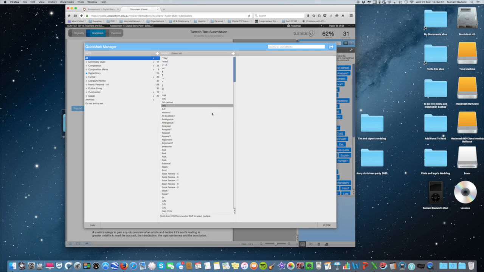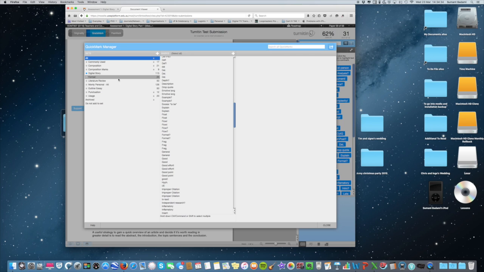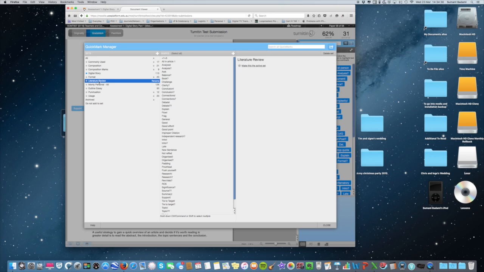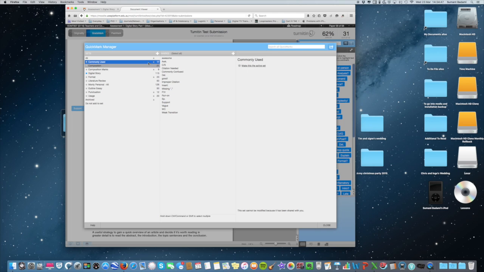These are all the Quickmarks that I have access to. I have a series of groupings: a literature review grouping, a digital story grouping, an outline essay grouping, for example. And then you have all the prefabbed ones, with the little locked icon. They're the prefab ones that Turnitin has created. Punctuation,